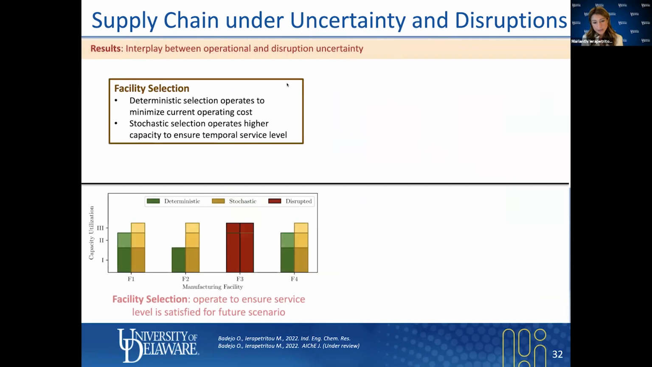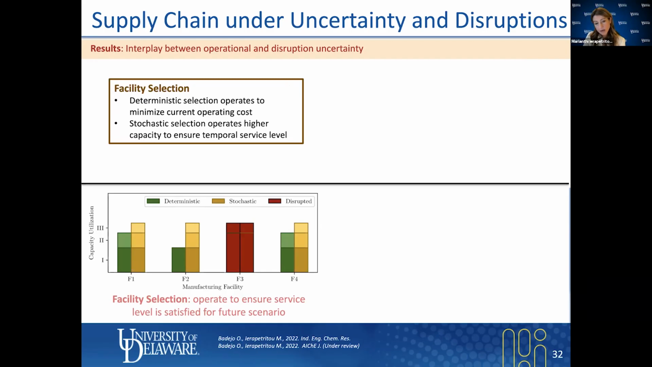So what very briefly I would like to show you here is the differences in the solutions in terms of the capacity utilization. And if you are interested, I will be happy to send you the paper that has already been published this year in Industrial & Engineering Chemistry Research. As you see, facility 3 here, illustrated in red, is the disrupted facility. And when you compare deterministic and stochastic solutions, the stochastic solution takes advantage of the fact that